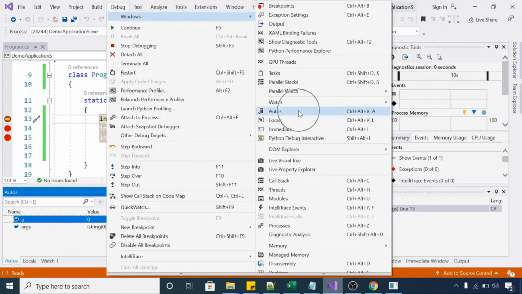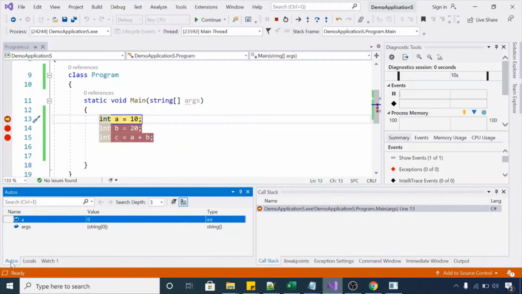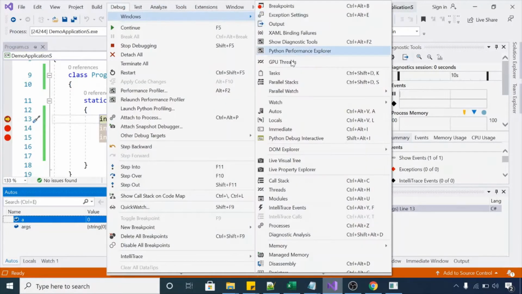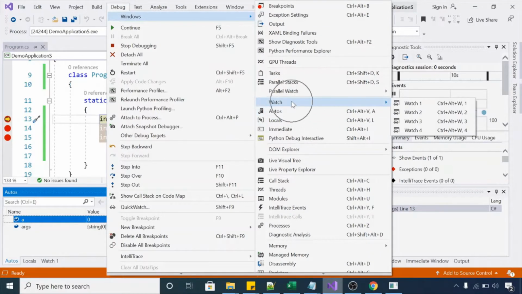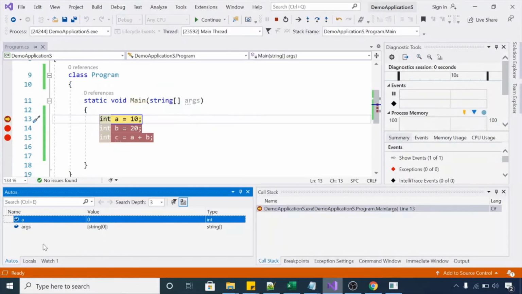If you click on auto or local, it will launch these three together: auto window, local window, and watch window. And yeah, so we have the auto window, local window, and watch window.